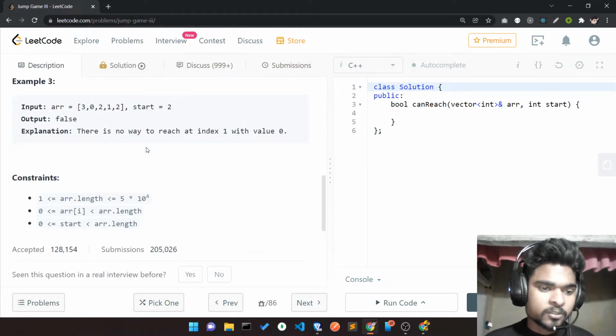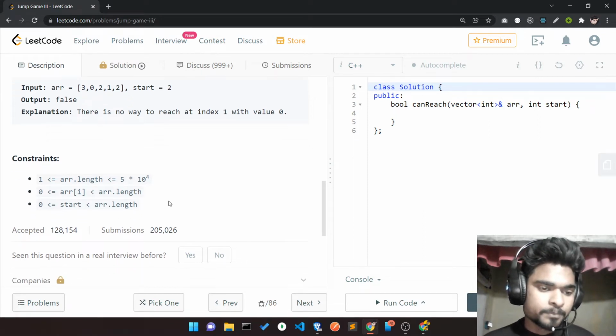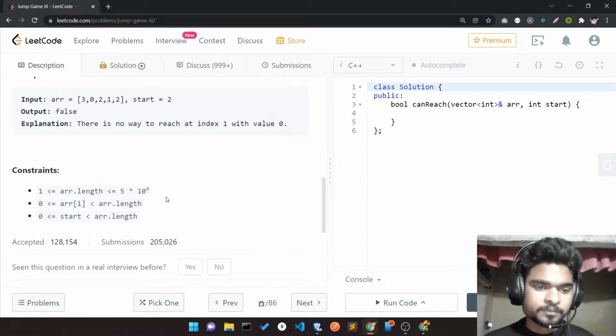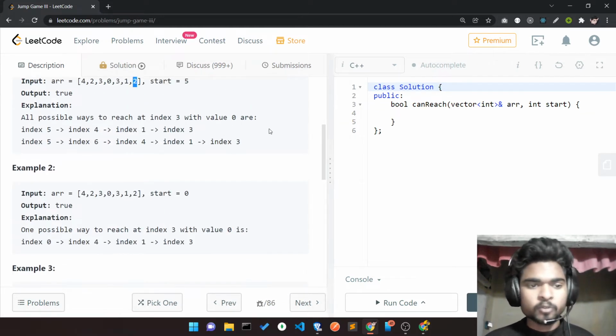Let's look at the constraints: my array length goes from 1 to 10 to the power 4, so that's pretty obvious. How can we solve this problem?